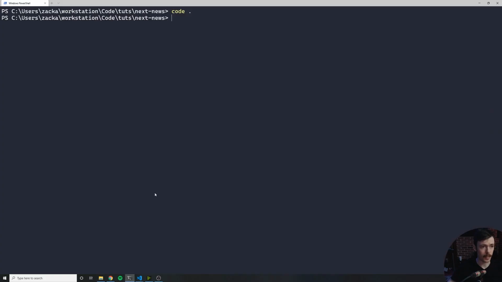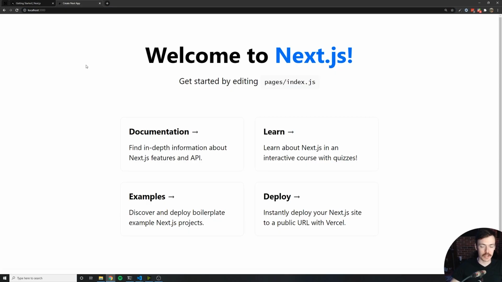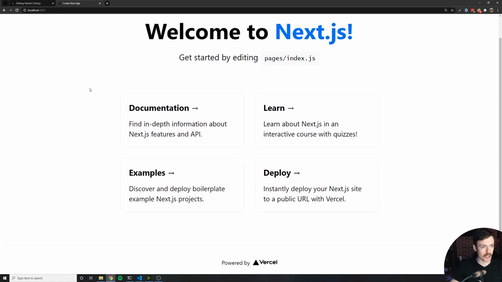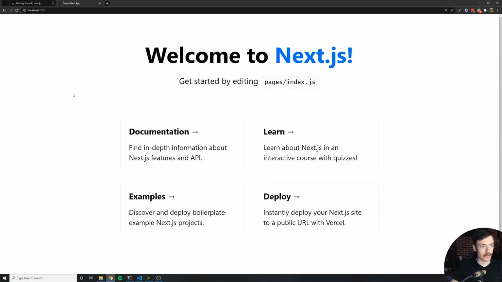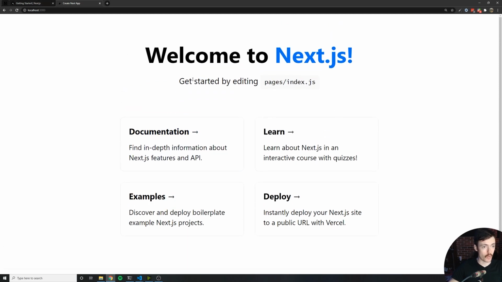Speaking of that, I'm going to go ahead and run npm run dev just to show you what pops up on the screen on our boilerplate project that create-next-app created for us. You can see that it says started server on localhost 3000. So I'll run over to that. It basically created a boilerplate project for us with some links and all that good stuff, but we're going to knock all that out. We're going to get rid of it and create our own stuff. But it's just kind of cool to see that this was created for us. And you can see it says get started by editing